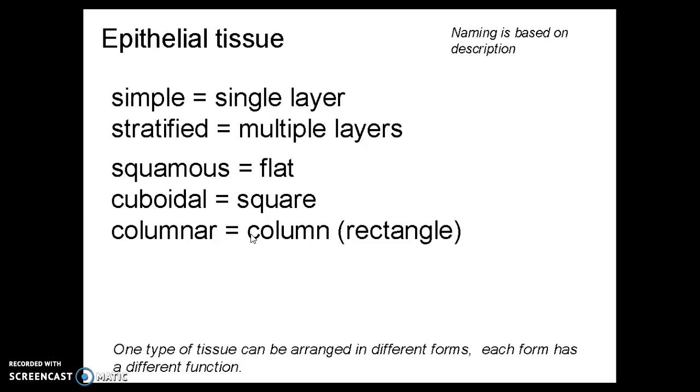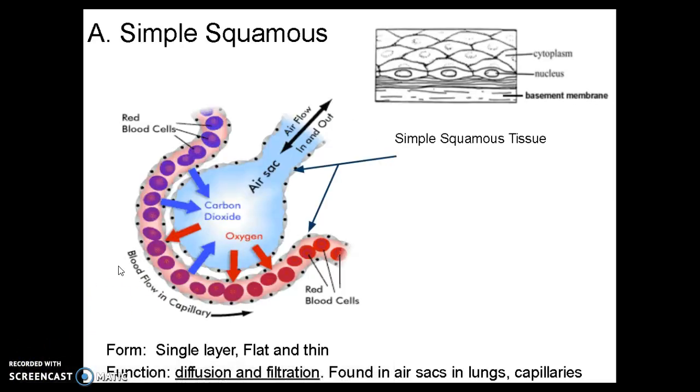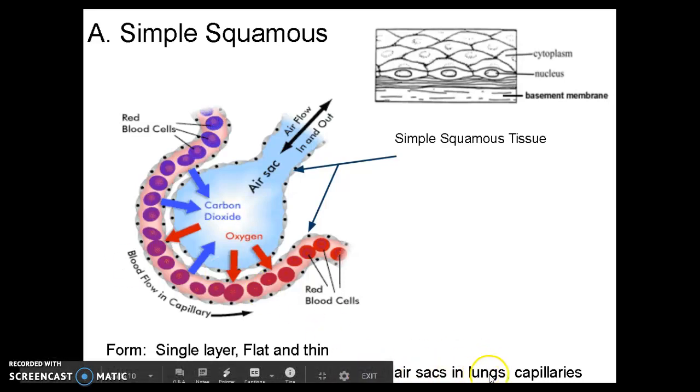And each form has different functions. So we will begin with simple squamous tissue. The form is a single layer of flat and thin cells. And their function is for diffusion and filtration. And we find these in the air sacs, or the alveoli, in the lungs, and also capillaries, or tiny blood